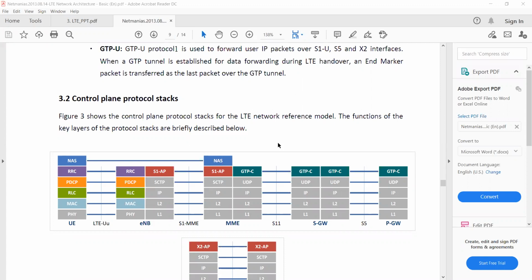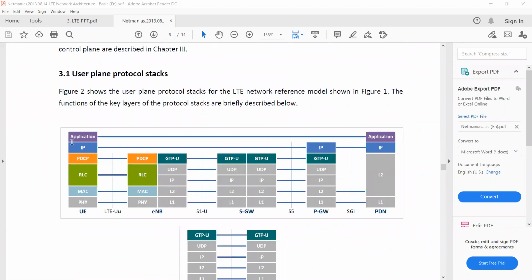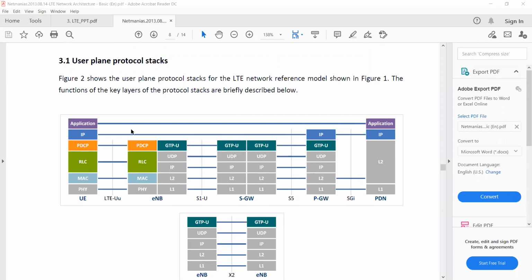Okay. We have discussed yesterday's class regarding user plane protocol stack. Till this class, it will be a kind of theory. But from next class, when we start attach procedure or channels in LTE, you will feel very interesting. So you have noted down this user plane protocol stack, right?